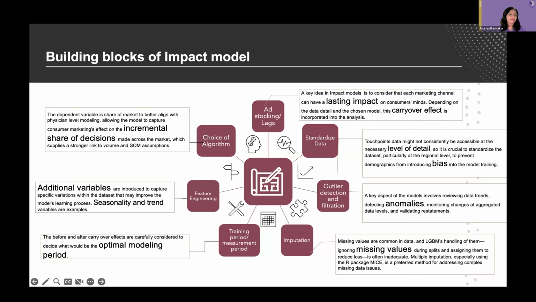So the chosen model type is a binomial model for our purpose, for both consumer level as well as physician level models. The reason is that what is intended here is to measure not the number of patients that went to talk with an HCP and got a Lilly prescription, but whether those who went to talk with an HCP got a Lilly prescription based on the tactics that were communicated by the marketing channel. So essentially, the probability of conversion.